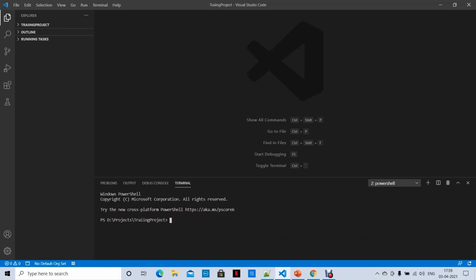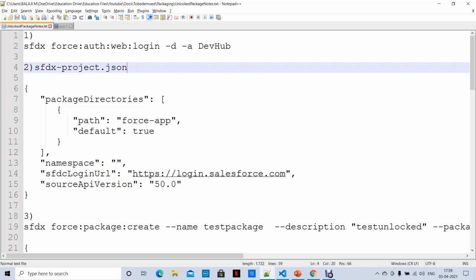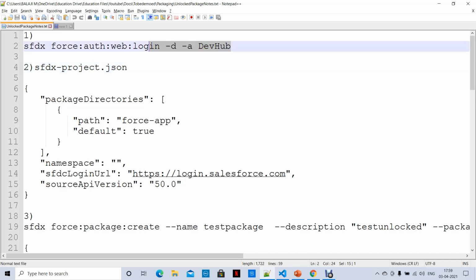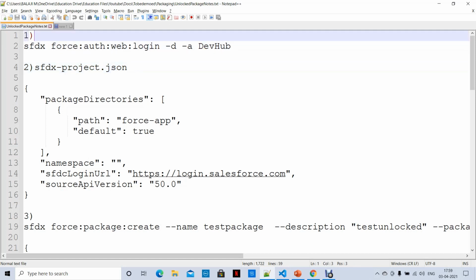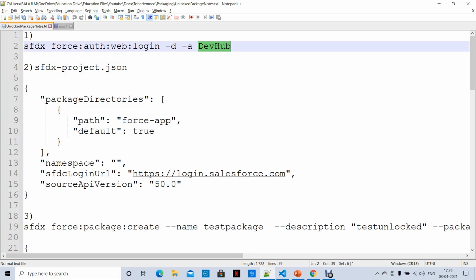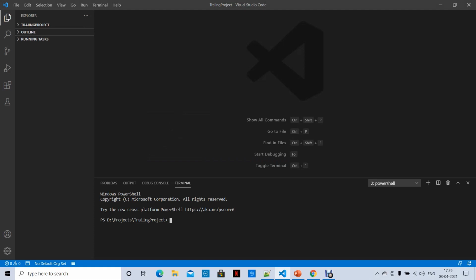Now let's authorize a Dev Hub here. First of all, for that you just need this command. Here DevHub is just the alias name I gave; you can give any name. Use this command: sfdx force:auth:web:login -a DevHub, where -a is the alias.